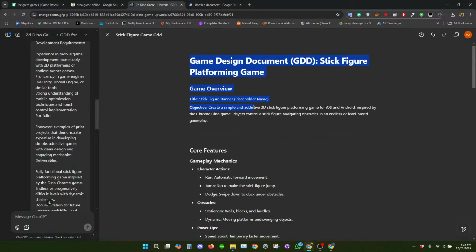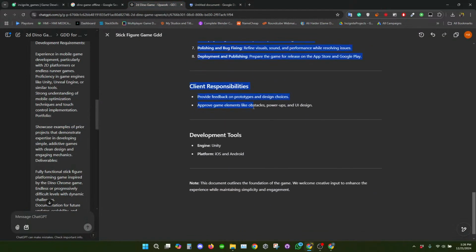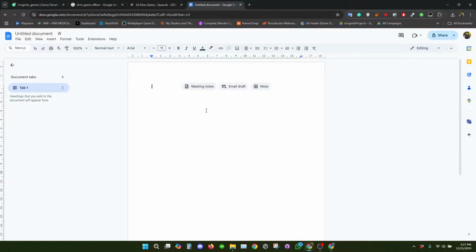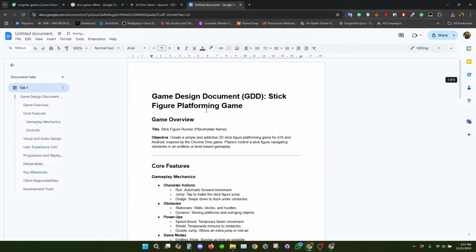Okay. So we can just copy paste this. And you can see now it automatically creates the headings, subheadings, and title.